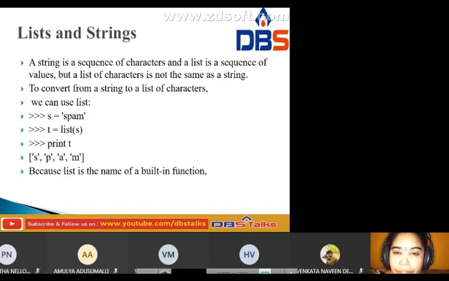Print t. The output is 's', 'p', 'a', 'm' separated, because list is the name of a built-in function. A built-in function means we already have this function predefined. That is the use here. The output is